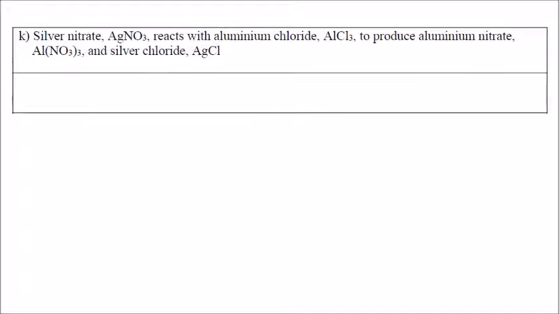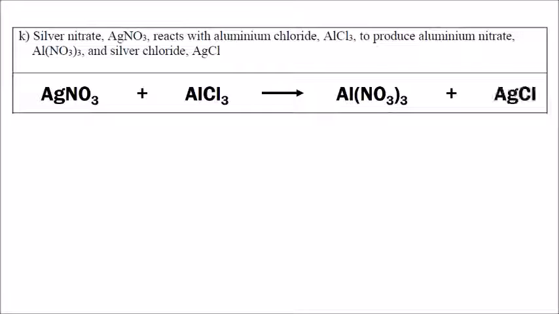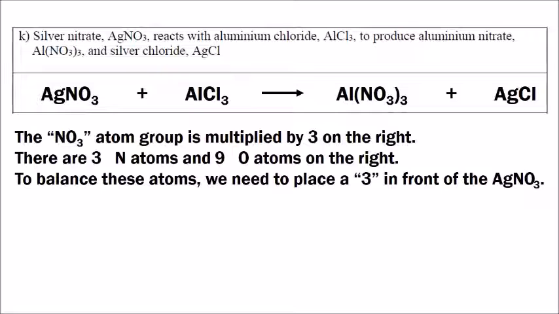Our next equation starts with silver nitrate, which has the formula AgNO3. It reacts with aluminium chloride, AlCl3, and the products are aluminium nitrate, Al, NO3 in parentheses, times 3, and finally silver chloride, AgCl. The NO3, which is called nitrate, that group of atoms is multiplied by 3 on the right,